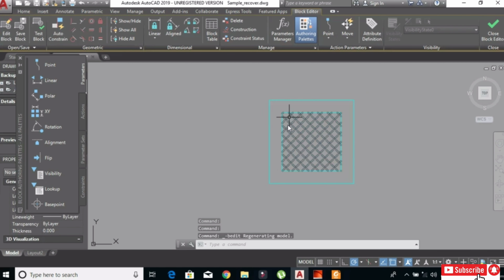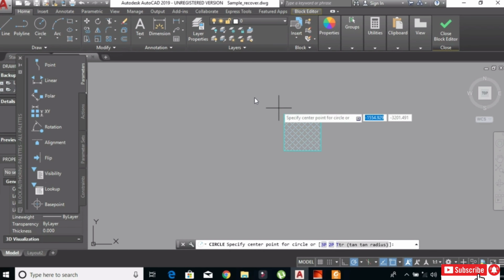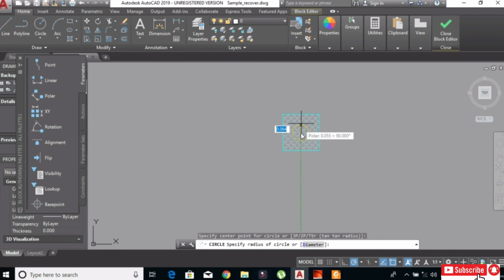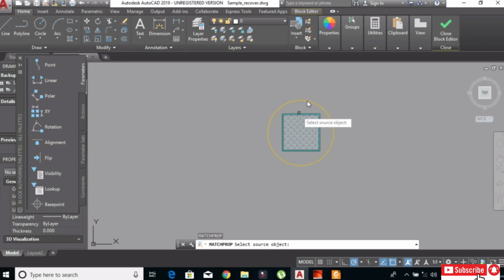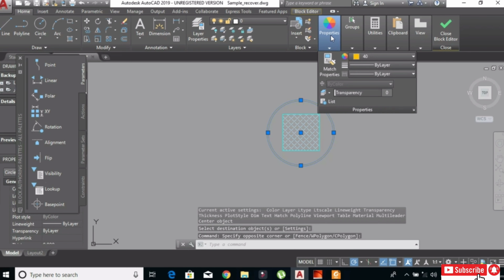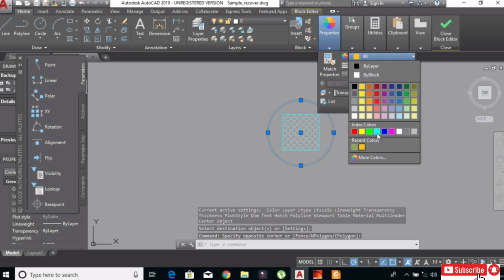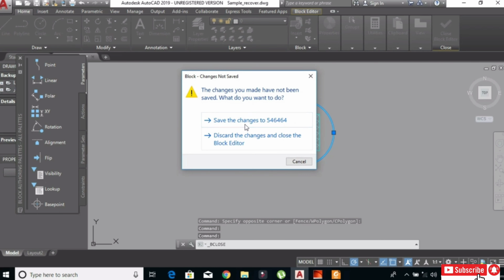Put the circuit shape for the new luminaire. Can put the circuit on here, center. Match the color. Same color. Save, change.